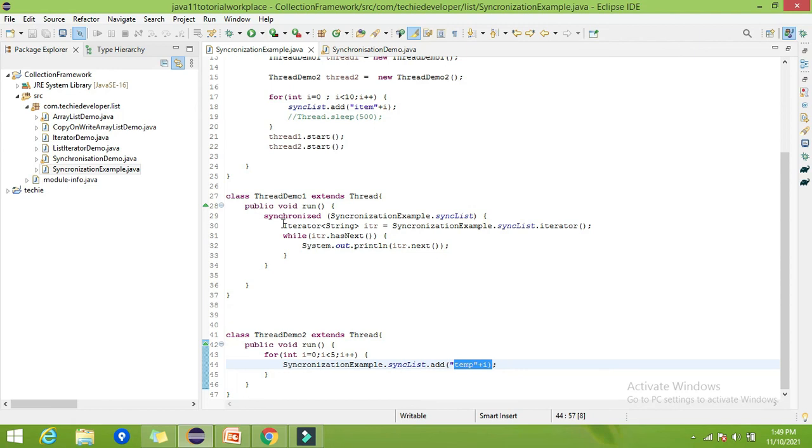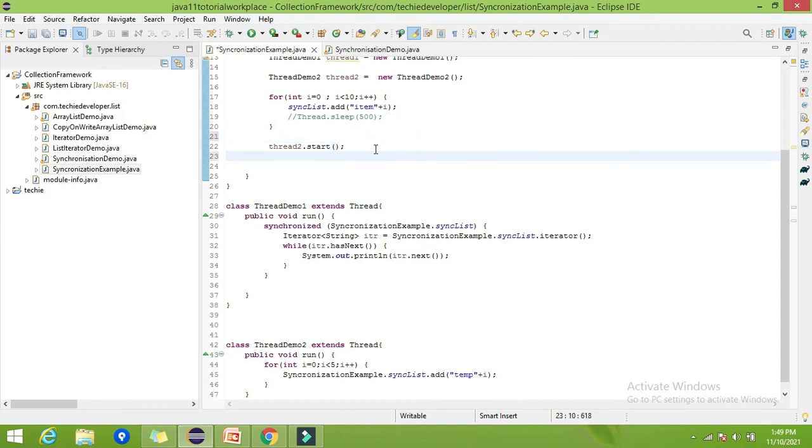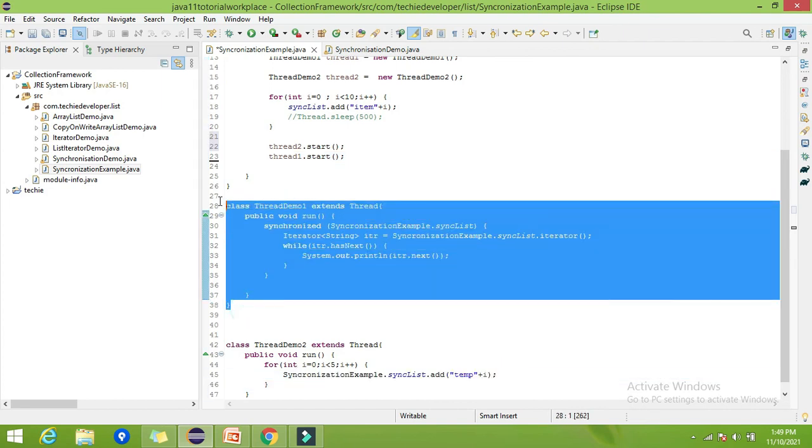So what I want now is to start thread 2 first, which will add these elements, and after that the other thread will try to print. So let's try to run now.